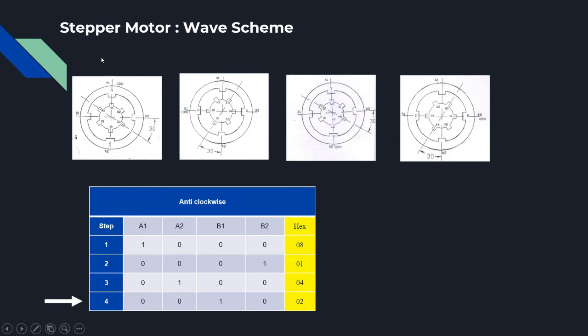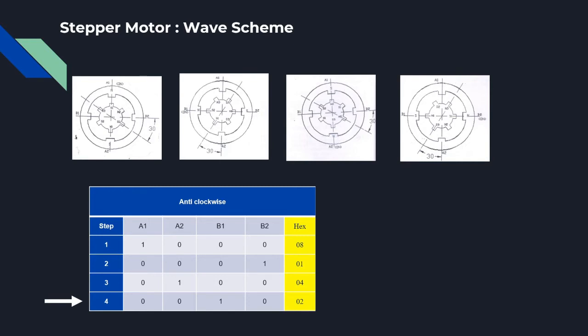So initially you have 0 degrees here at A1. Now when you energize the B2 coil, the rotor moves 30 degrees, then another 30 degrees and another 30 degrees. So with 3 steps, you are able to get a 90-degree shift, right?